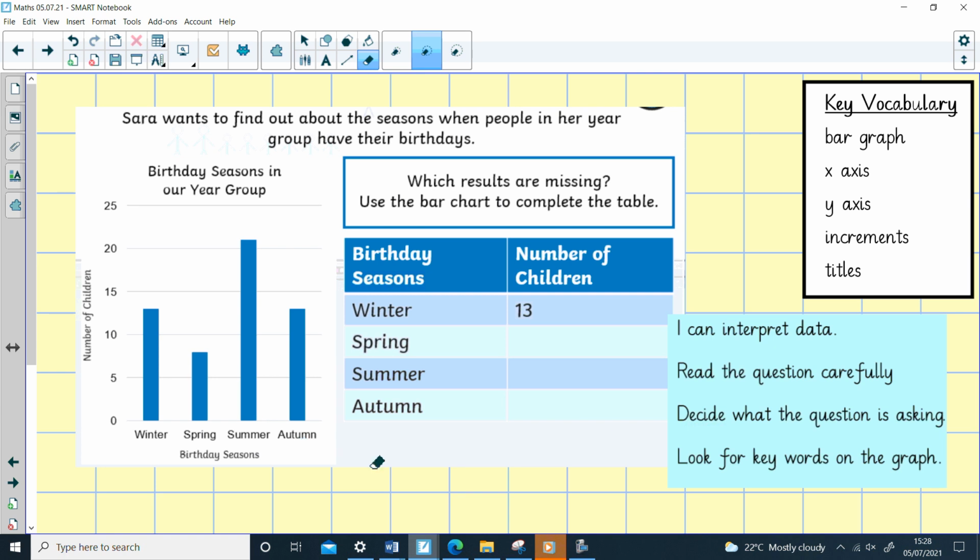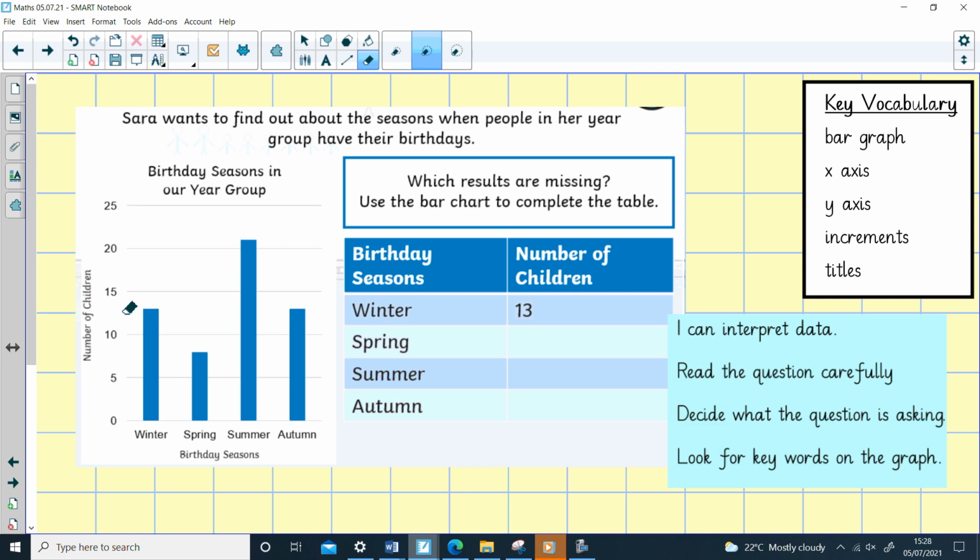And this question is asking us to complete the table because some of the results, as you can see, are missing. So winter had 13 children. So 13 children were born in winter in Sarah's class. And we can look over at the bar where it says winter and we can see that it goes up